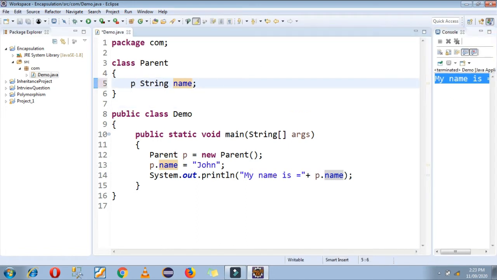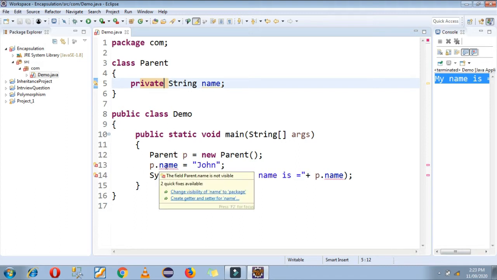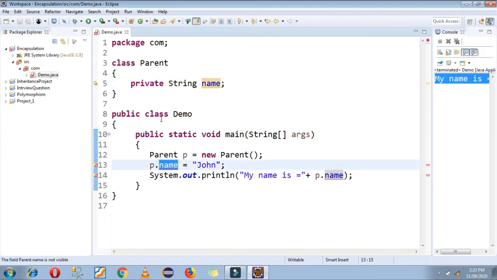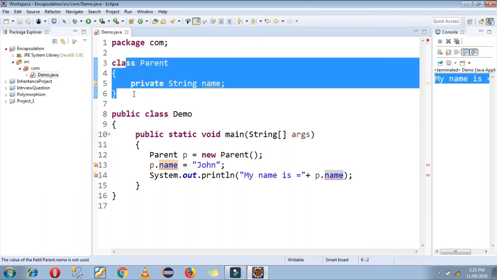If I change this public to private and now try to run my code, here is an error. Actually there are two errors: the field Parent.name is not visible because you declared your name variable as private. Private data you cannot access outside this class.